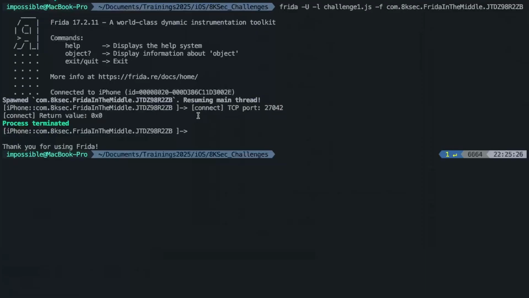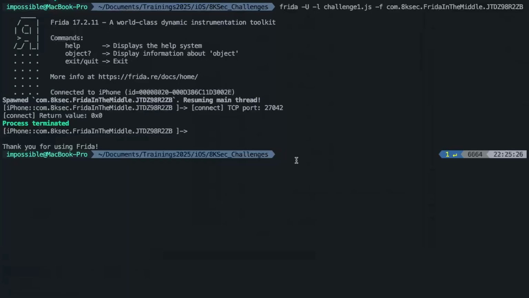So this confirms our hypothesis that the connect function is indeed being used to detect the Frida server port. Now, there are two ways in which we can bypass this detection mechanism. One is if somehow we manipulate this TCP port from 27042 to something else, this detection might be bypassed. Another way is to modify the return value and return something else instead of 0. So let me just show you the first way, because that is the most accurate way in which you can bypass